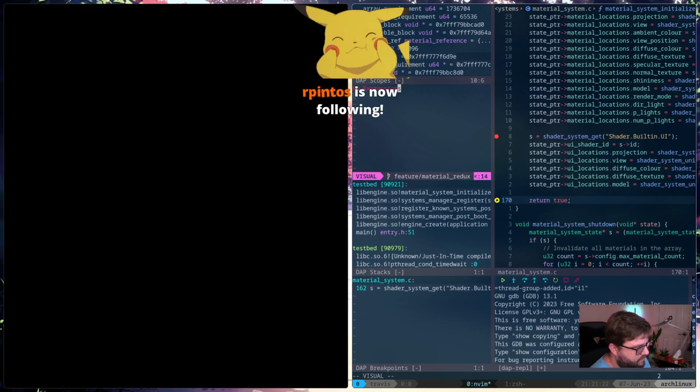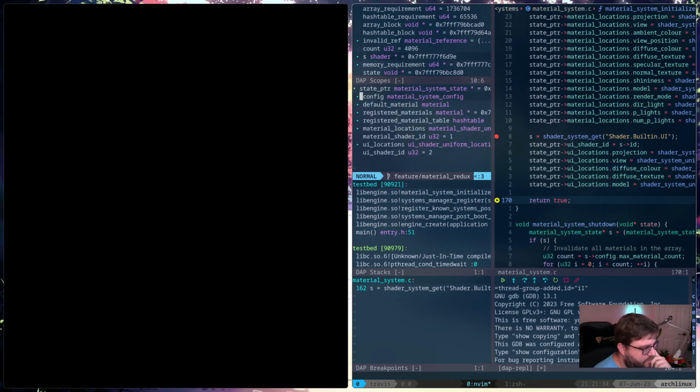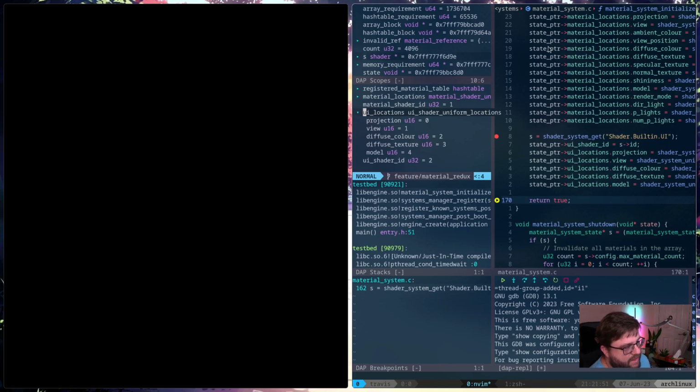Let's see. So maybe if I say state pointer here, I guess I have to watch it that way. Okay. So our UI locations, yeah, it looks like that got filled out correctly. So it's parsing the config correctly. So I don't see that as the issue.